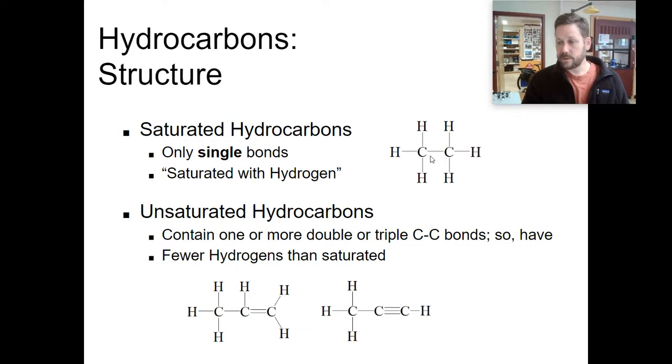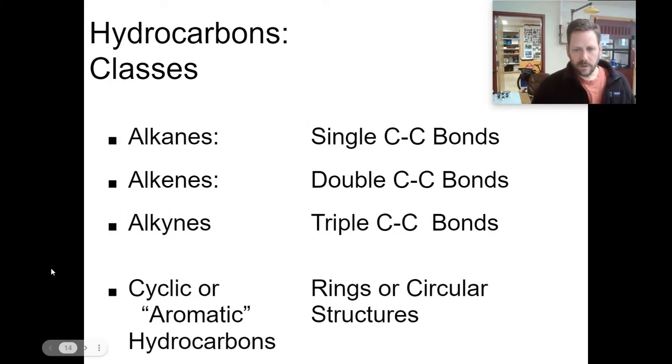Notice if I wanted to put a double bond here instead, then that means there would be fewer hydrogens in the compound, like are here or here. So we call those unsaturated because there are generally fewer hydrogens. We don't need to dive too deep into classifying organic compounds, but it is helpful for us to recognize these